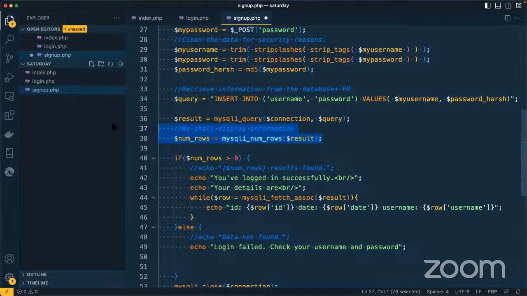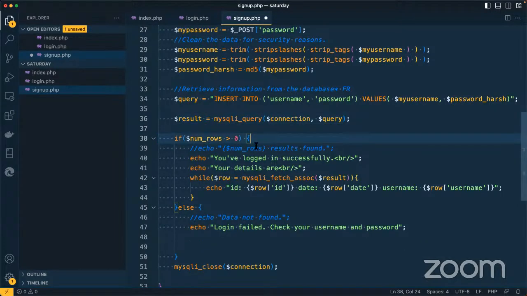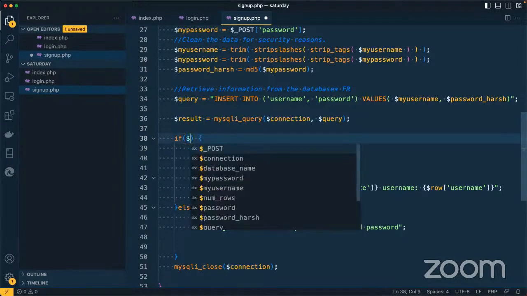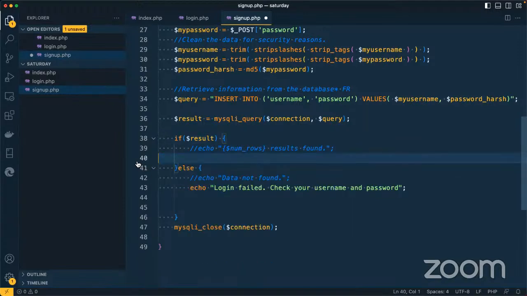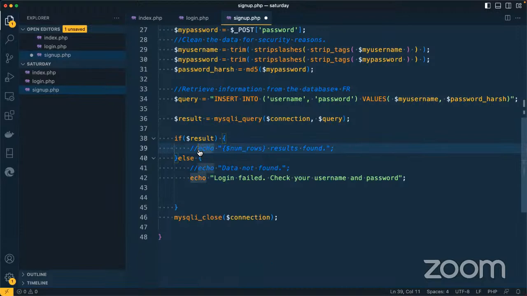No, this one is not important at this moment. And then instead of having this, we can put result here. If it has worked, then we are going to say something. So we are going to say, if there is something in the result, we can say